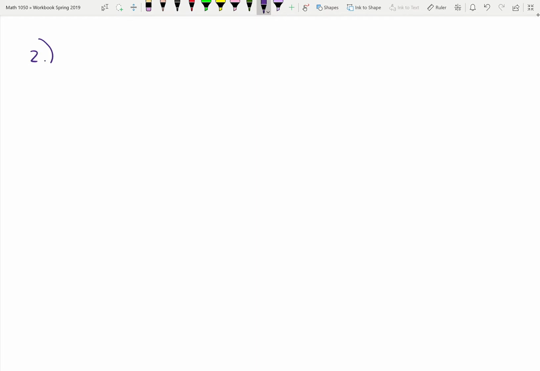Okay, question number 2. Solve by Gauss elimination or row operations. And I think it may have said row operations or Gauss elimination, same thing. So basically what that means is you can use Gaussian or you can use Gauss-Jordan. Well, Gaussian is the easier of the two because you don't have to go all the way to the identity. Gauss-Jordan is tougher because you have to go all the way to the identity. So I would definitely use Gaussian. Okay,